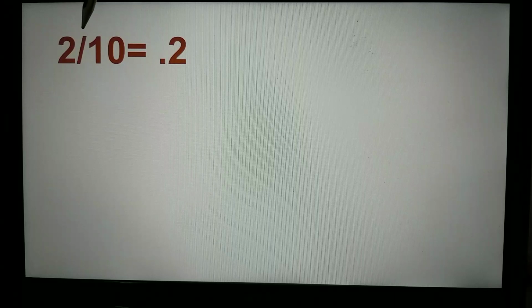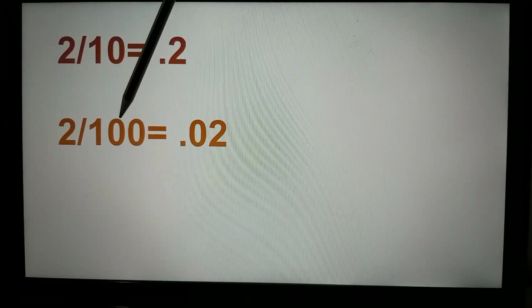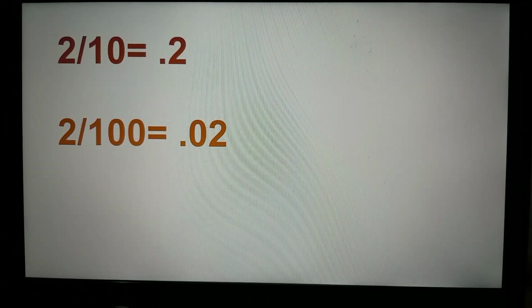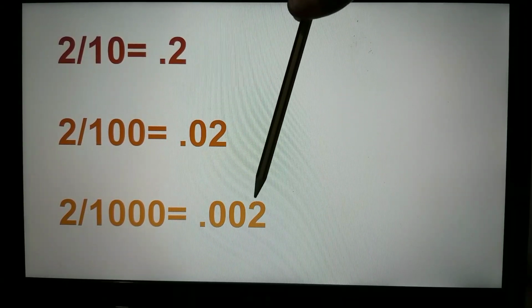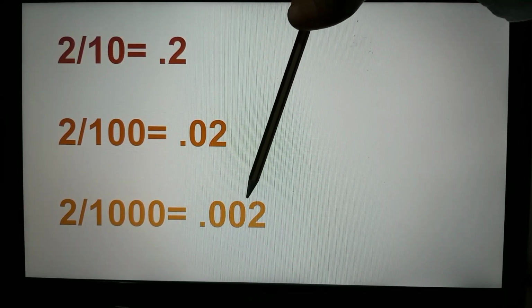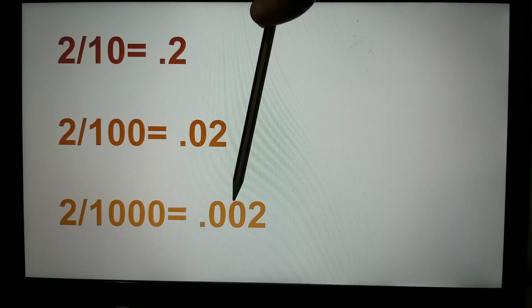One more example. Now I have changed the numerator, 2 divided by 10. So now you know if we want to eliminate the denominator, we will put a decimal after the numerator. There is only one zero, so decimal after one digit. In the next example, there are two zeros in the denominator. We put decimal after two digits. It's 0.02. In the third example, there are three zeros in the denominator. So we put decimal after three digits from right to left, 1, 2 and 3. So just to make it three digits, in the numerator we put two zeros and then put a decimal.